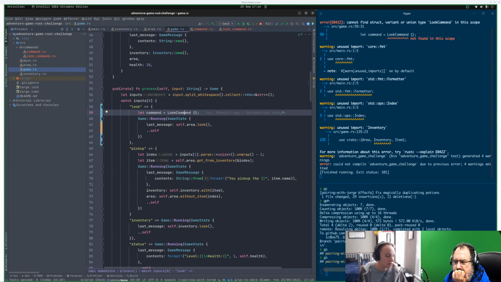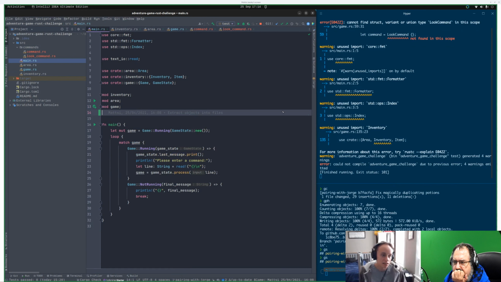So your main file, whether that's main if you're in a binary, or lib if you're in a library, has to tell the compiler which files to look at, which modules it cares about, which is why I expected that if I did this in here, it would give us the option to do that. But the problem is it isn't the main file. The main file is here. So perhaps if I say mod commands, that might work. File not found for module commands. It doesn't like it. Looks like that would only work for an individual file.